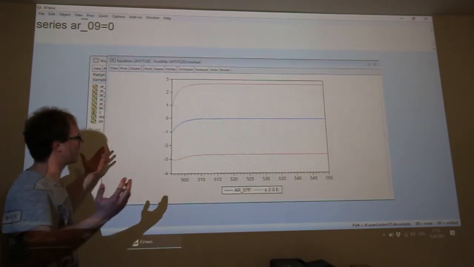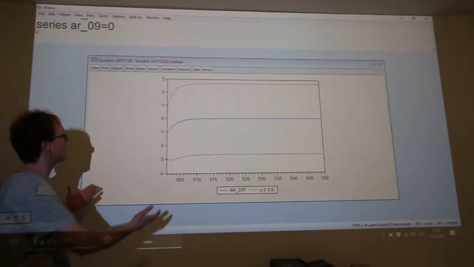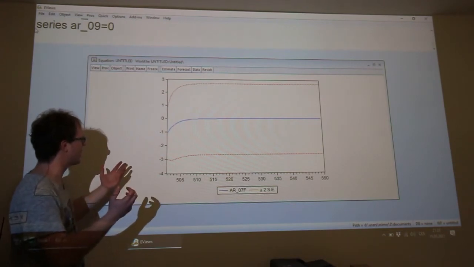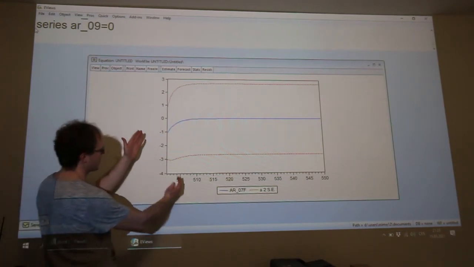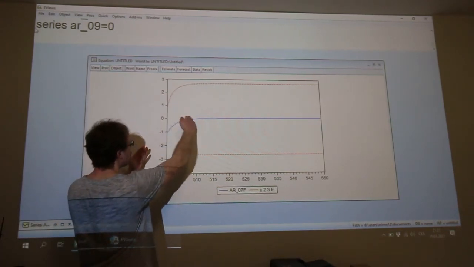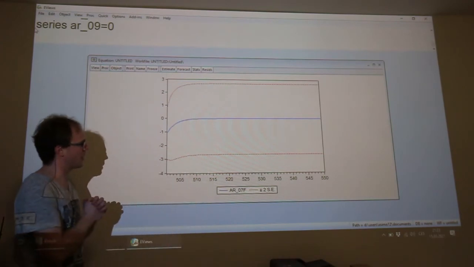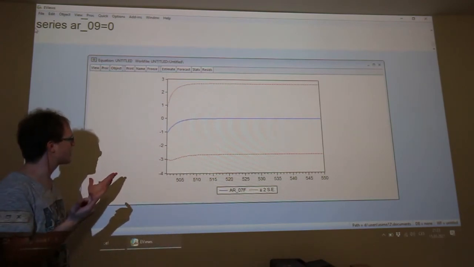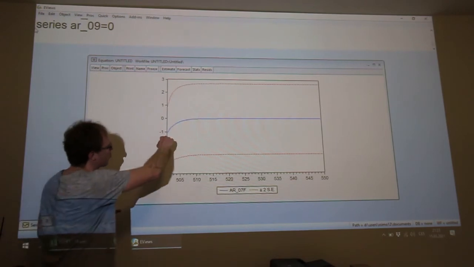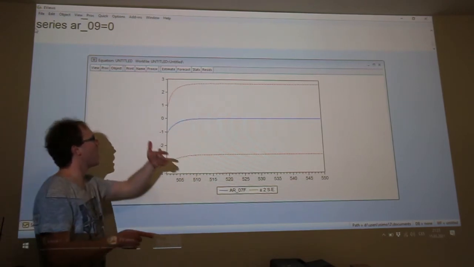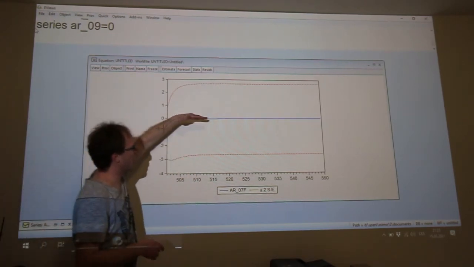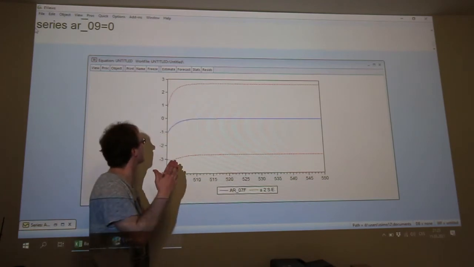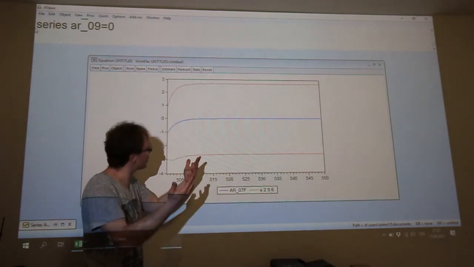Okay. So what can you see? This is the forecast. A few observations are possible to forecast, but after that the forecast is a conditional mean.